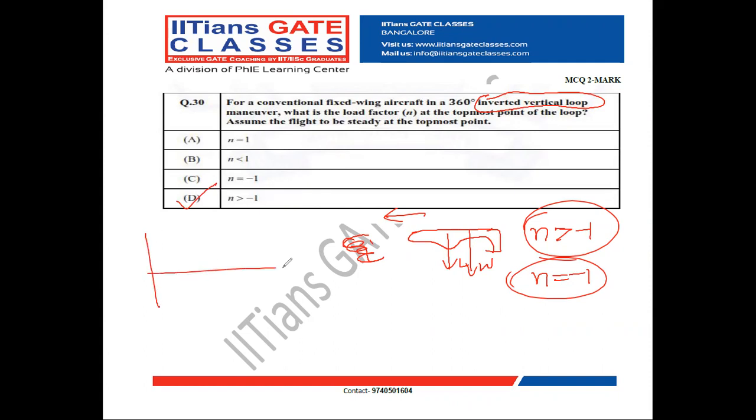So if we take a flight envelope, if I plot load factor versus velocity, which is my V-n diagram or flight envelope, if I take the negative axis on the top side and the positive axis on the bottom side,